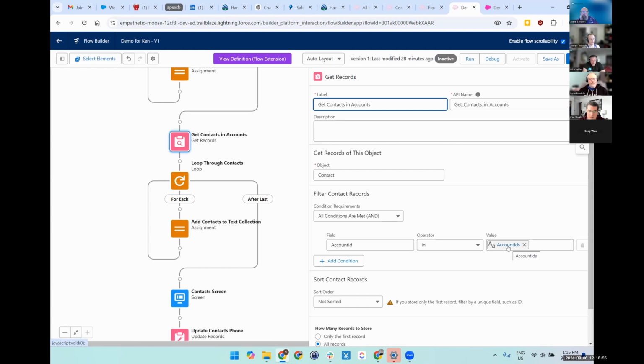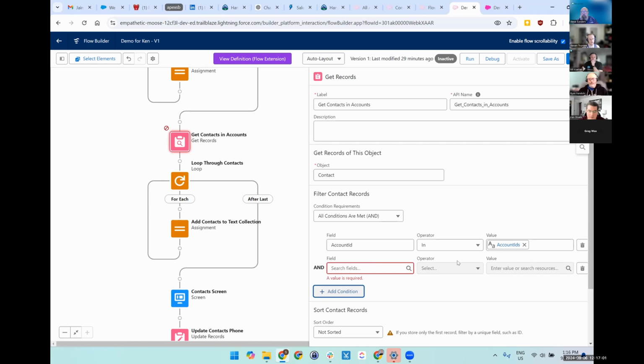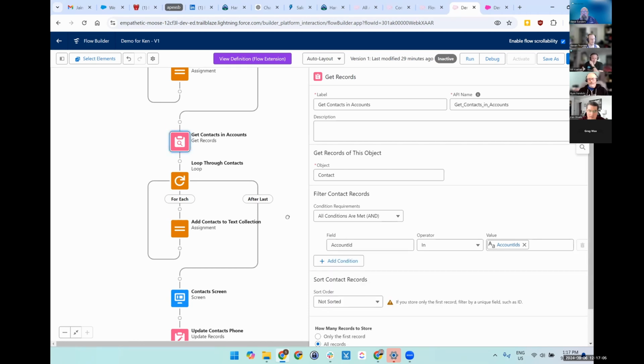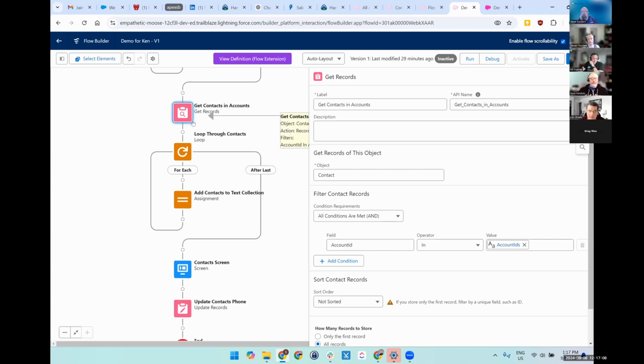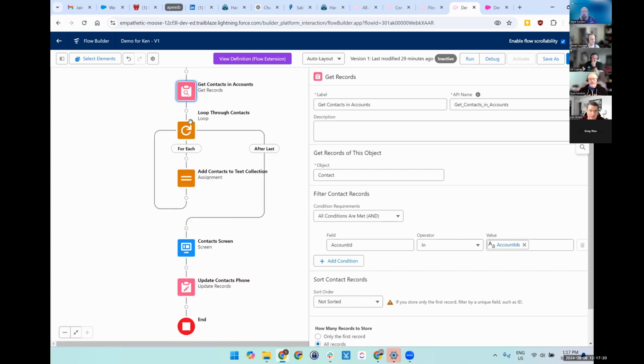collection of account IDs. So this is where, if you wanted that other condition, first name equals Bob, you could have that in here as well. That's the old way of doing it. And then again, you can add all those contacts to a different collection. If you then wanted tasks which are looking up to this contact, you could keep going down and down as much as you want, but it's looping through